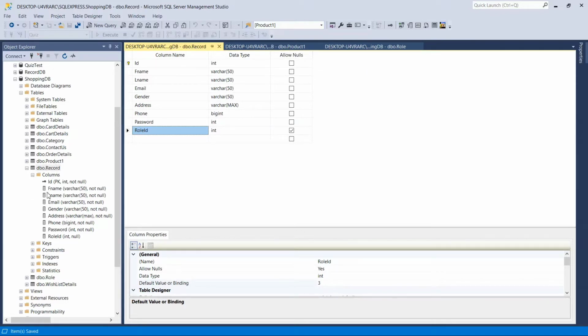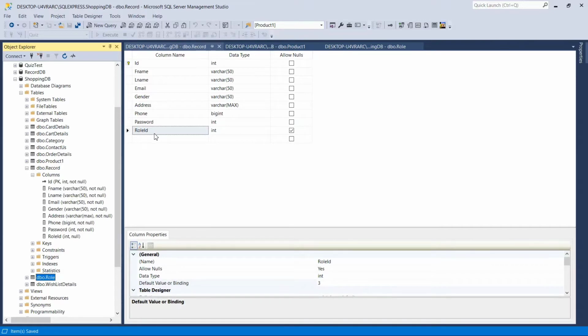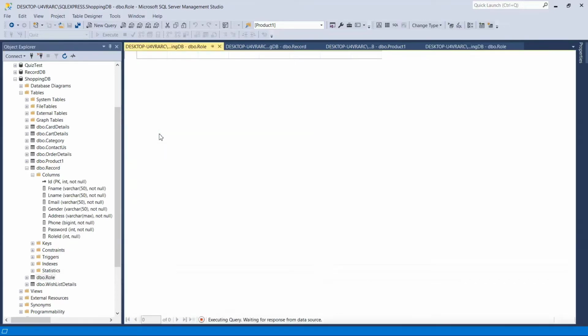So in the role table we need to add some data. The first one is admin, second is vendor, third one is user.